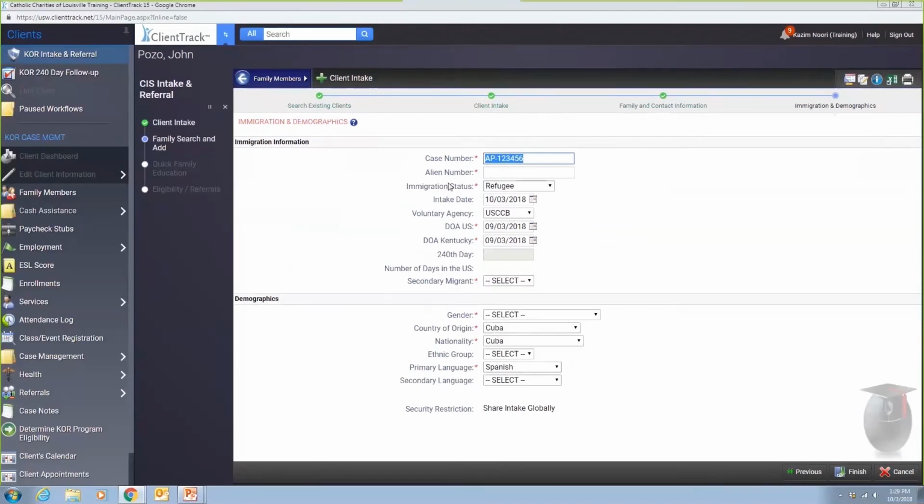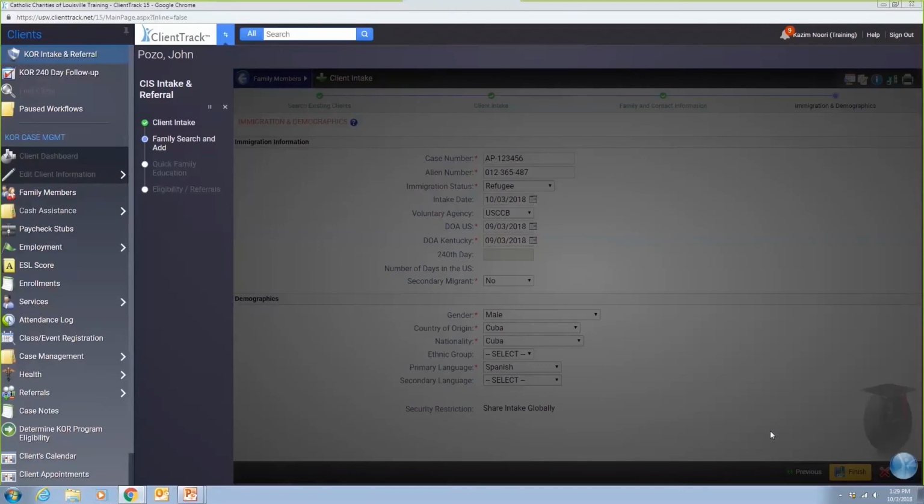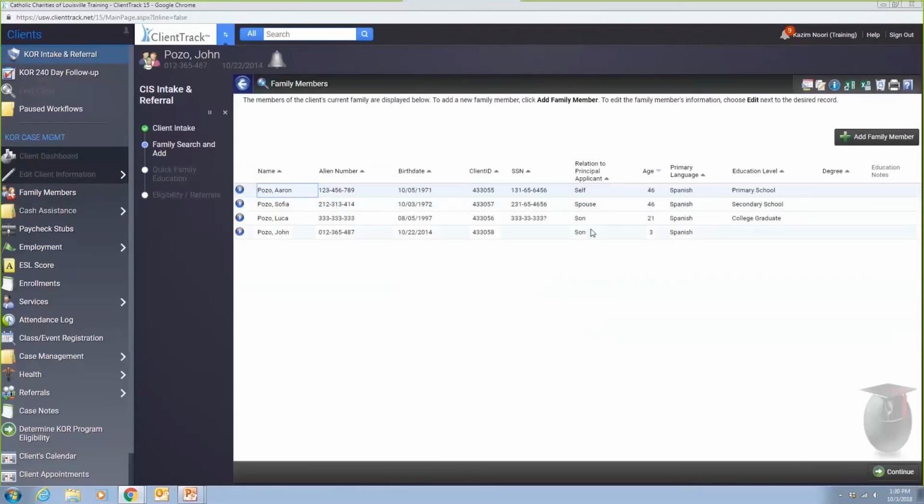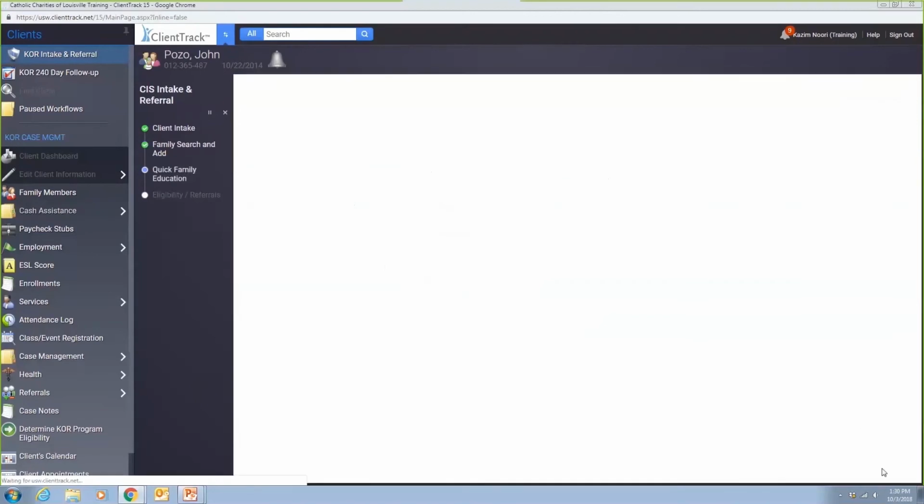For example, the case number can be the same, but alien number, since it is very unique to every client, it will be blank. You can enter a new alien number. It will reformat it into our standard format. Just like that, it will add another family member to this family. Here is the new family member, and when I click Continue, it will take me to the next step of the workflow,